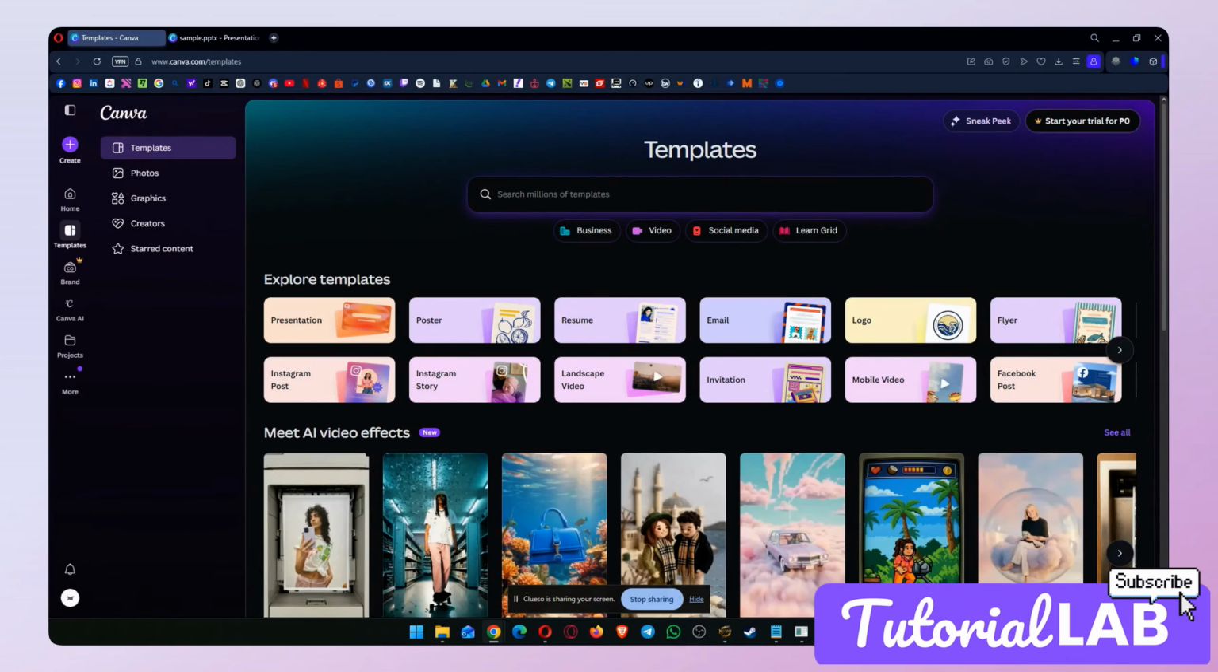Hi everyone. In today's tutorial, we will show you how to permanently delete items from the trash in Canva. This is useful for cleaning up, saving storage, and making sure unwanted designs are completely removed. Let's get started. On the Canva dashboard, to delete items permanently from the trash, all we need to do is